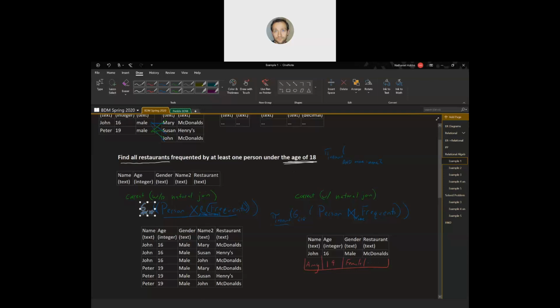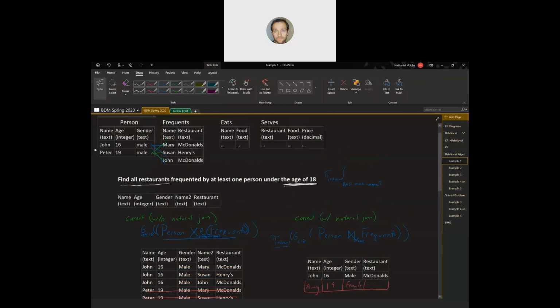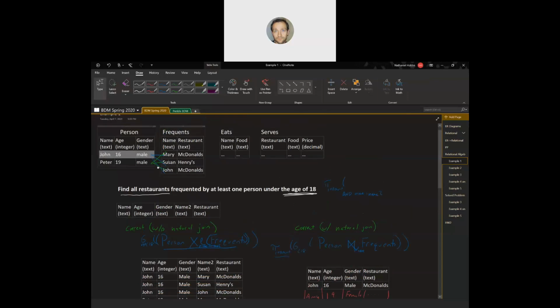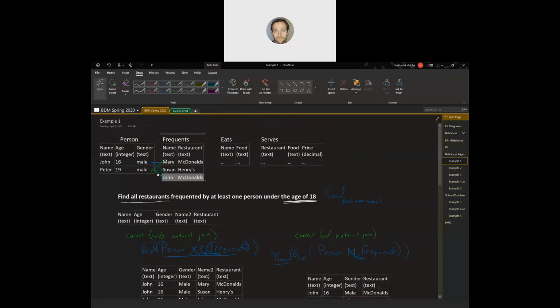So this select would get rid of these rows. So this age is too big, this age is too big, this age is too big. So we have these left. But again, we want this name, Susan, being paired with John has no significant meaning. What we care about are when the names are the same. Because this is saying that John is a 16-year-old male, and John also likes to eat at McDonald's. That's the relationship that we're interested in